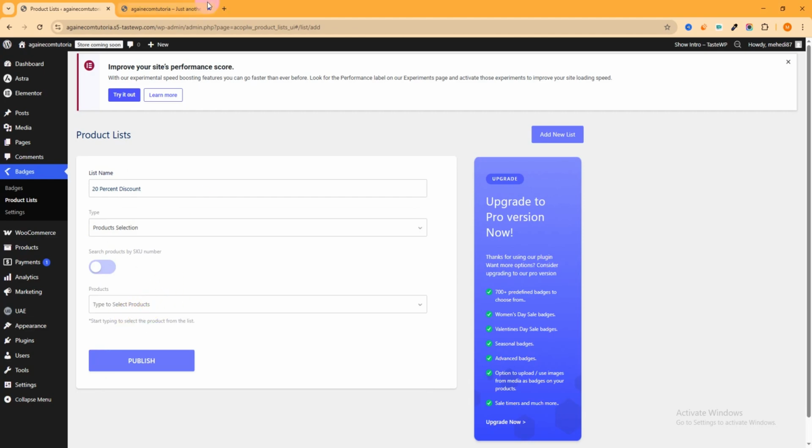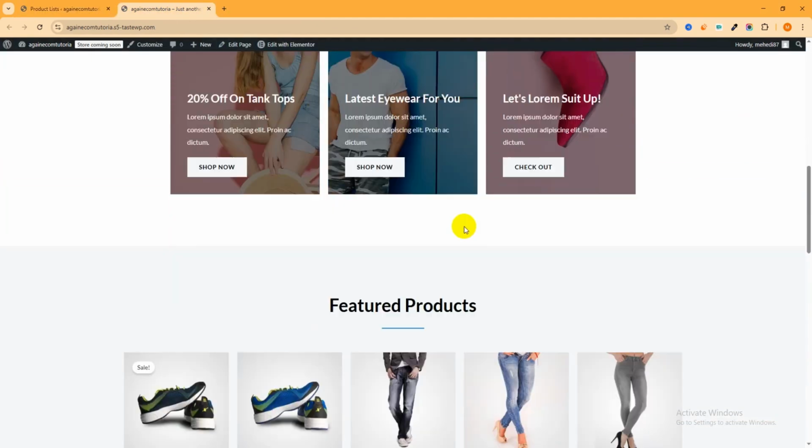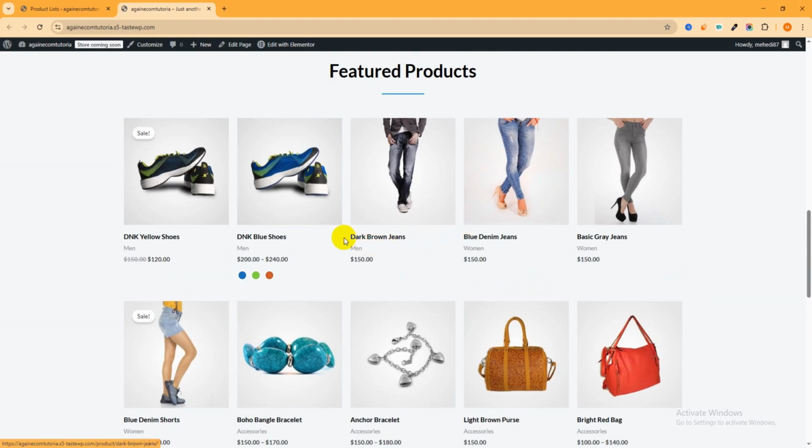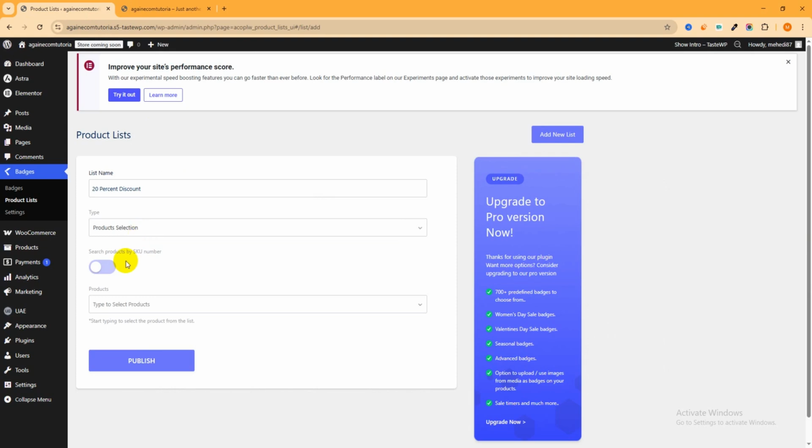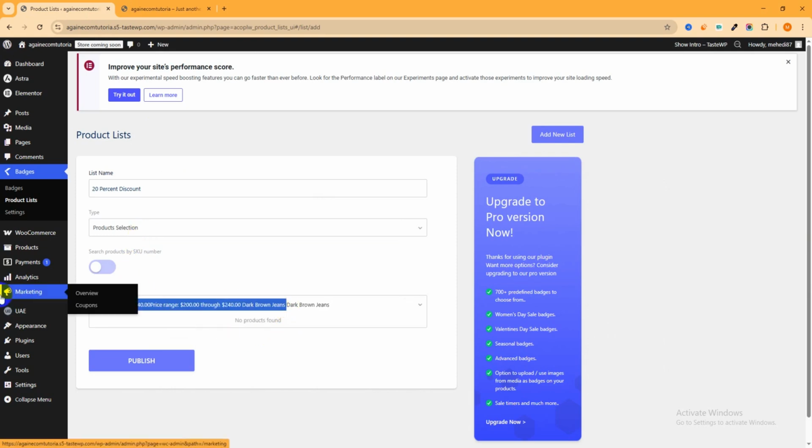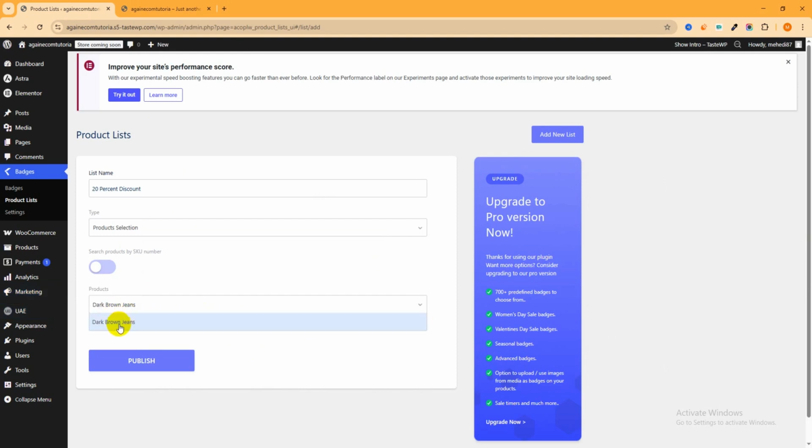So I want to show this offer for a specific product, so click product selection and give the product name here. So go to the website and scroll down. I want to show it for the dark brown jeans, so I can copy this product title from here, copy it and paste here. Dark brown jeans. That's great. Just click over here publish, then navigate to the badges settings, click over here badges,